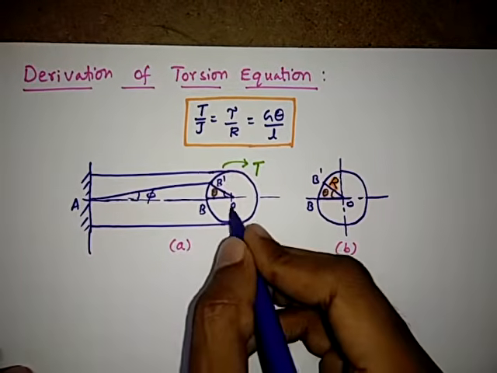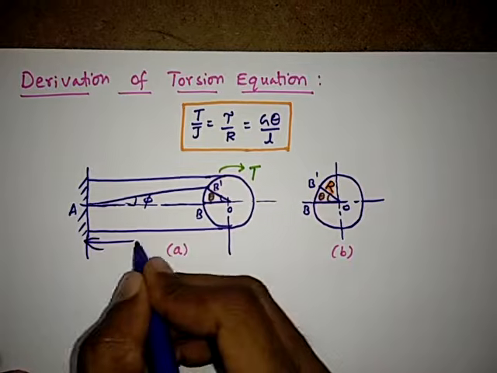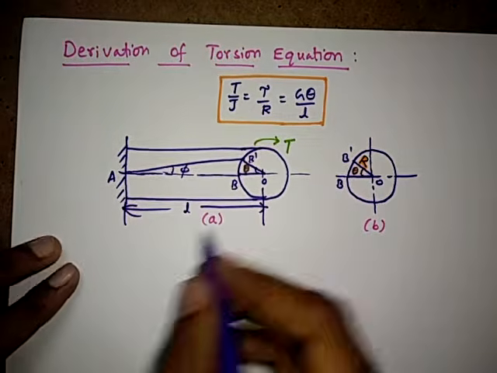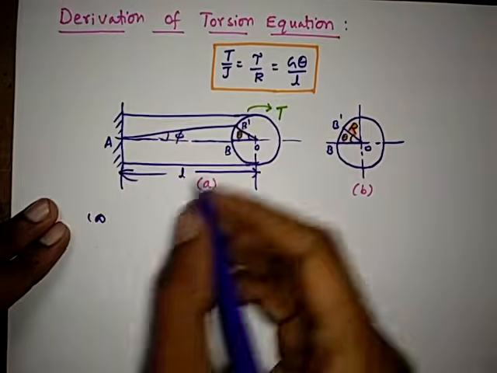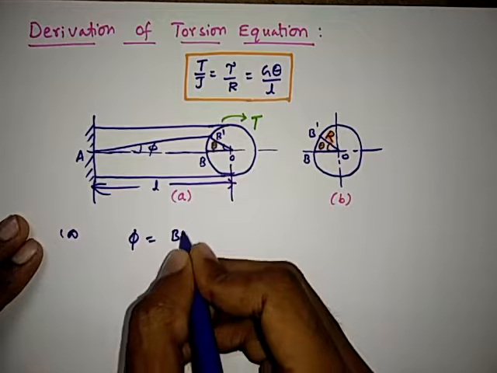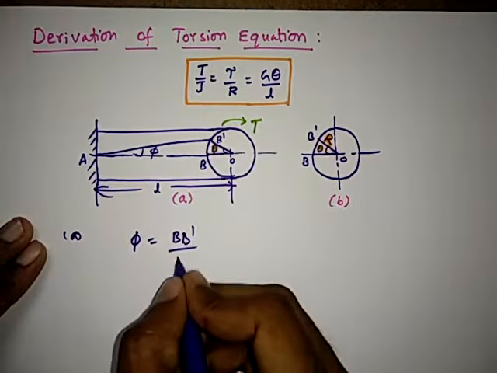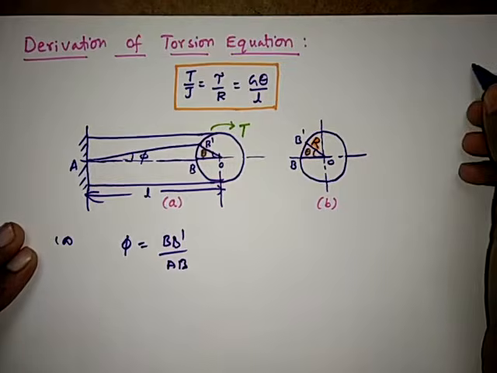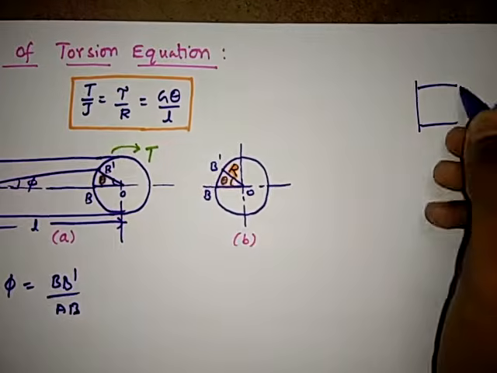Here we can see this is L, the length of the shaft. Let us see the derivation. From the first diagram A, we can write the shear strain phi is equal to B dash by AB. How can we write this? We know from the basic definition of shear strain,